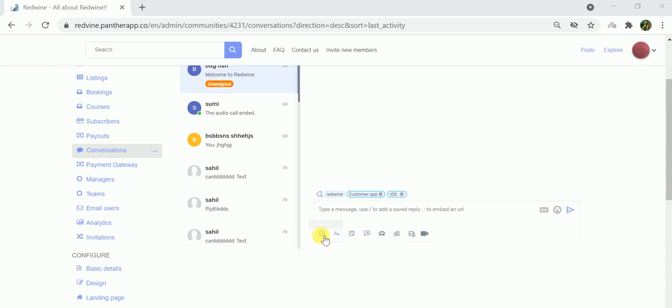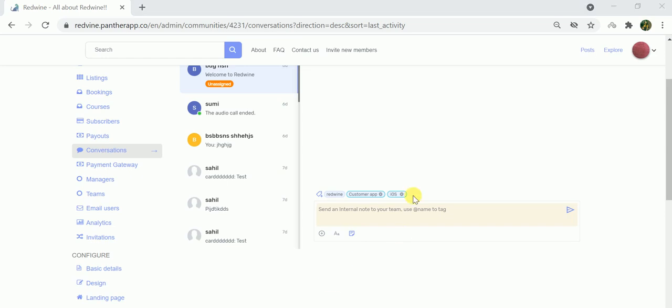Firstly, we have this plus icon which allows you to upload a file during a conversation. If a file is requested from the user end or the expert's end, one can share any sort of file through this option. Second, we have the text message option which allows you to chat with the other party and exchange messages.